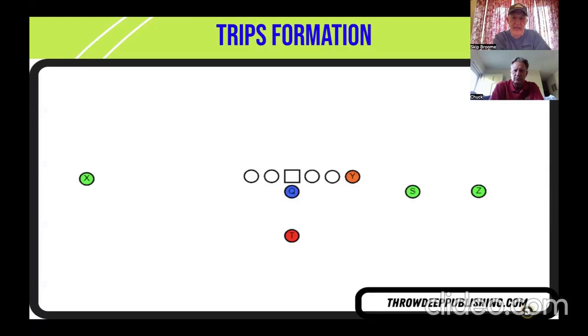What else can tip you off as to where the ball might be going in something like this? Like we talked about, let's say we've got that green S. Let's say he takes a step back off the line of scrimmage. Okay. So what does your antenna go up for? Probably a screen, right? Yeah, absolutely, 100%. Wide receiver screen,